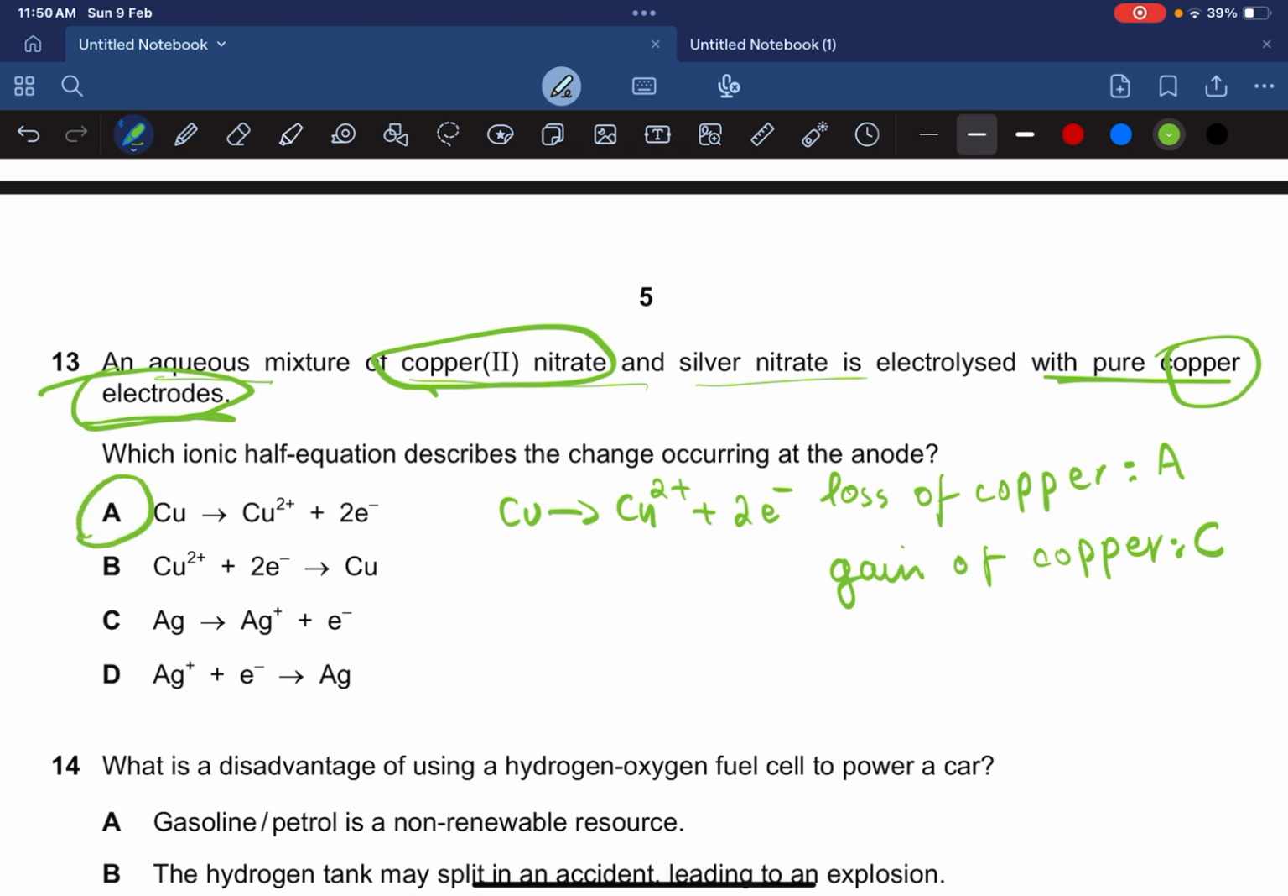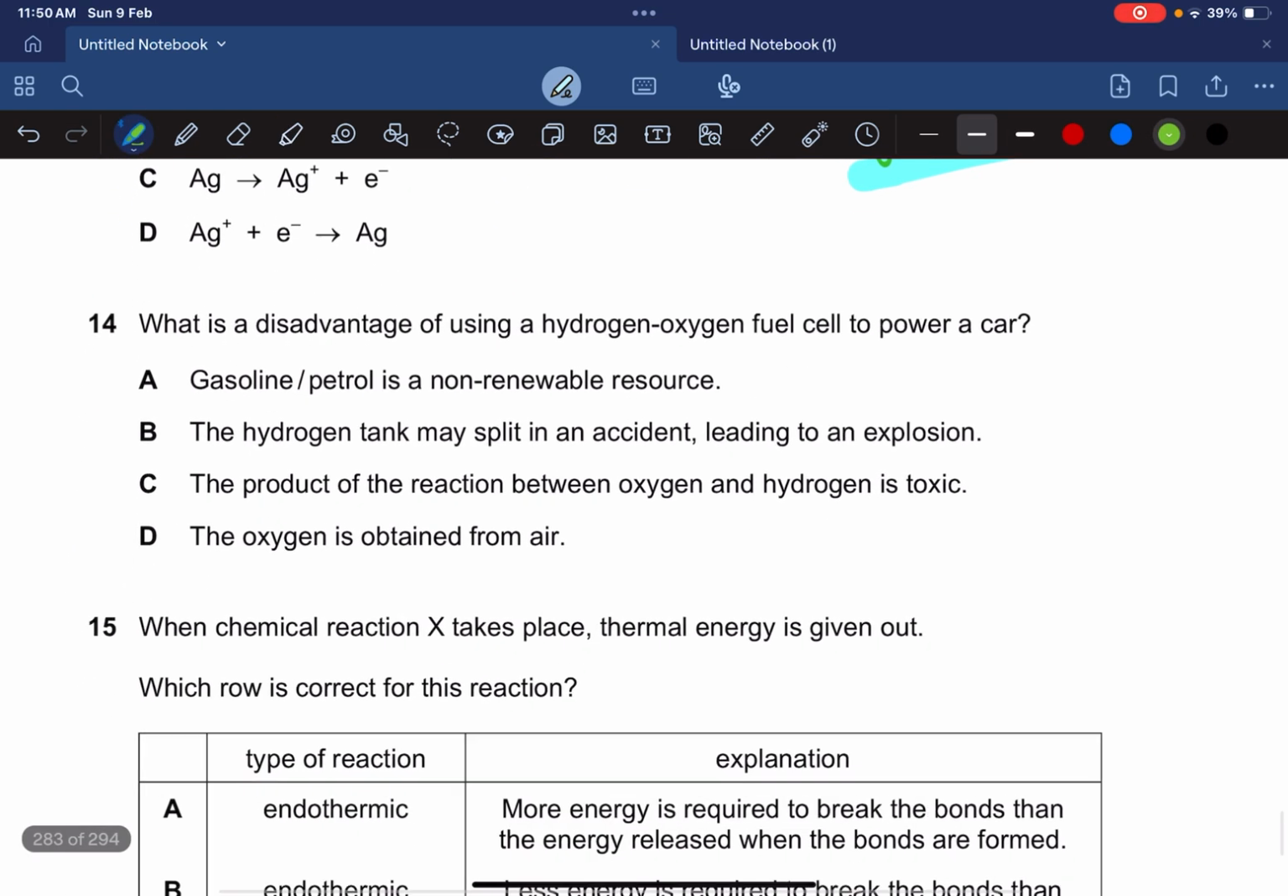That was easy and straightforward. That is because, let me explain it to you guys. When you use copper electrodes, what basically happens is the copper on the electrodes gets dissolved and ionizes. Okay? So that's why there's a loss of copper from the anode, and your cathode, it basically gains copper. Okay? So let's move on to the next MCQ, which says, what is a disadvantage of using a hydrogen